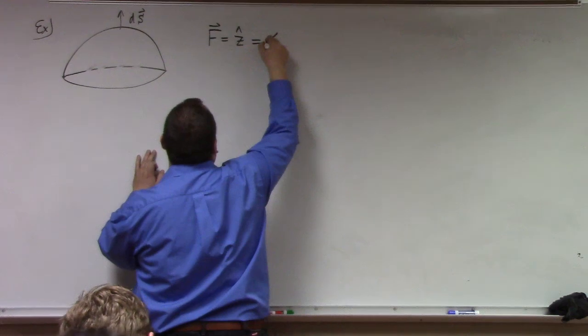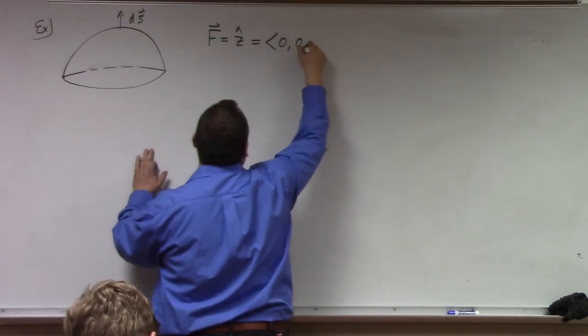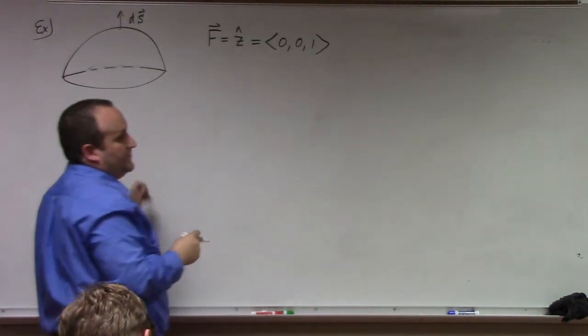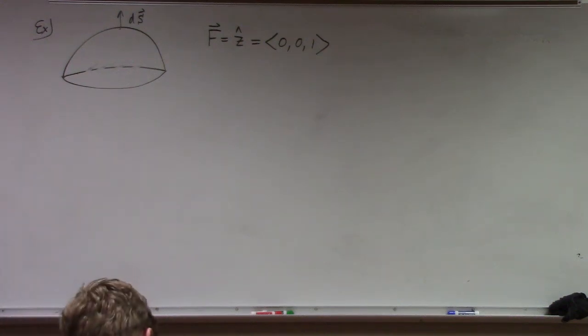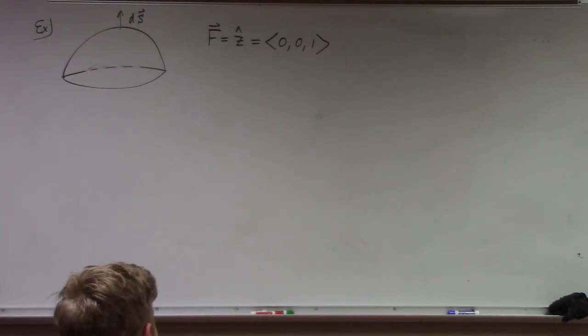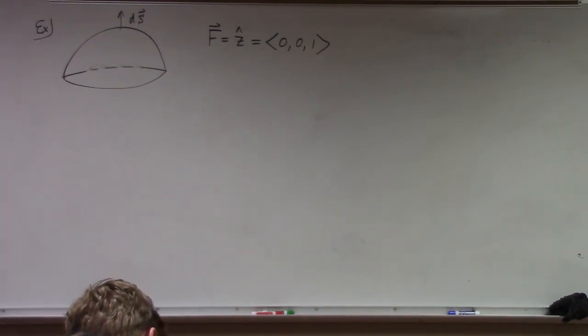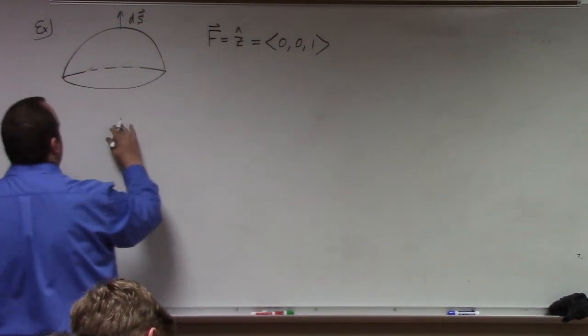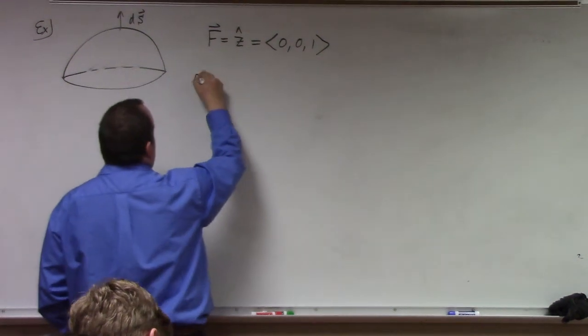So it's kind of a boring vector field, (0, 0, 1). But let's calculate the flux of this vector field through the hemisphere. So it's an open hemisphere, all right? I'm not including the base, the disk, right? So basically we have dS